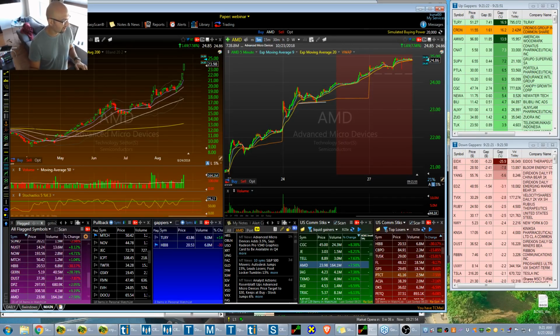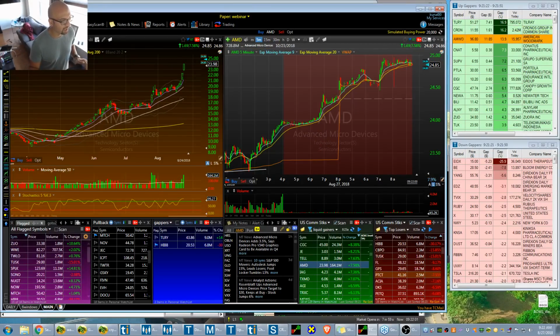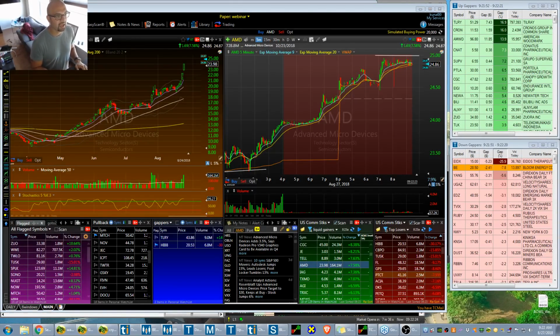So I got this AMD on my potential watch list. If the market starts to roll back a little bit, I may take this thing for a short, actually, on a rubber band setup. Maybe use 25 if it starts to stall out there. Shorting this market is super tough, though. Every single dip gets bought. So when you short, you've got to be so nimble because the market is never really rolling back. So that's going to be something...